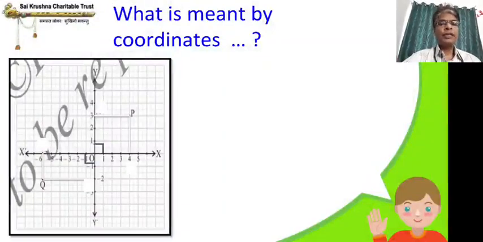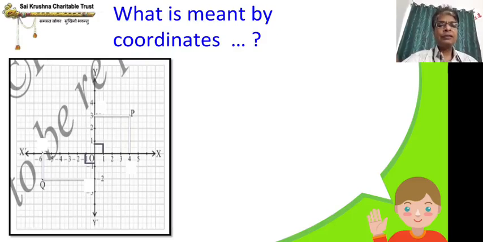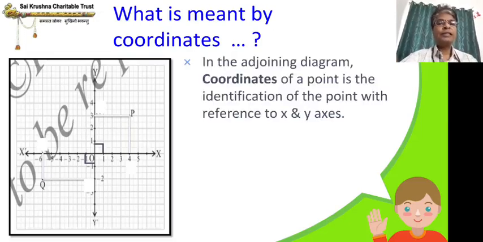So what is meant by coordinates? Now this is a graph sheet. All of you would have seen it earlier in your 8th standard, 7th standard, I am not sure. But this is called a graph sheet. This is used for the Cartesian system as well as many fields of mathematics and science. Now there are 2 points P and Q. You can ignore certain white spaces as well as the lines; I have given white lines. As we go forward, you will understand why I have given the white line. Presently I have just tried to hide the lines which are already existing. Let us see now what is meant by coordinates.